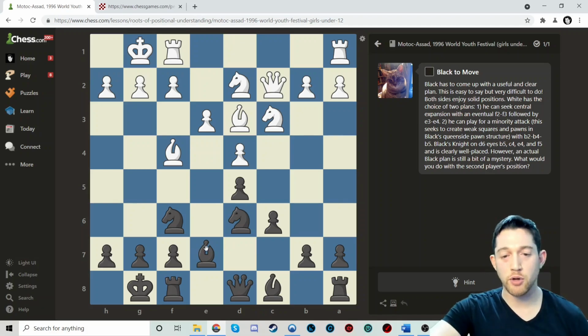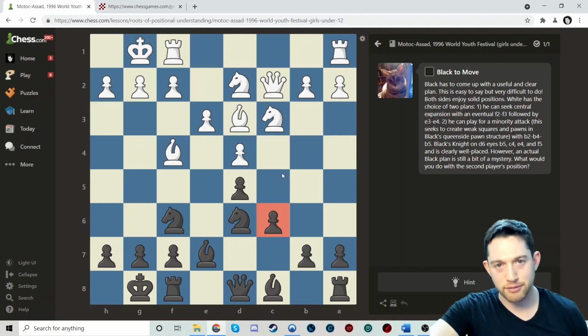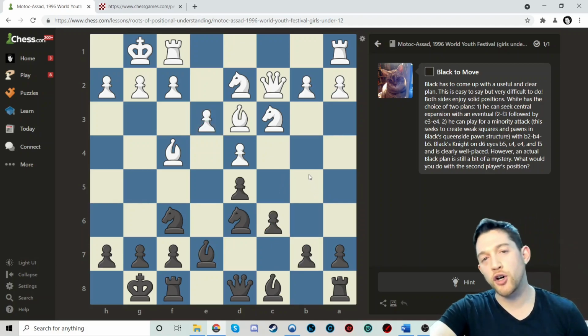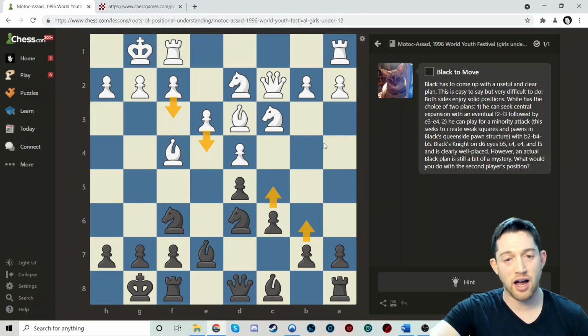In this position, black has a 3-on-2 pawn majority on the queen side, or even if that's too advanced, black has a c pawn and white doesn't. White has an e pawn and black doesn't. So it could make sense for white to incorporate ideas that involve f3 and e4, just like it could make sense for black to incorporate ideas that maybe involve b6 and c5,